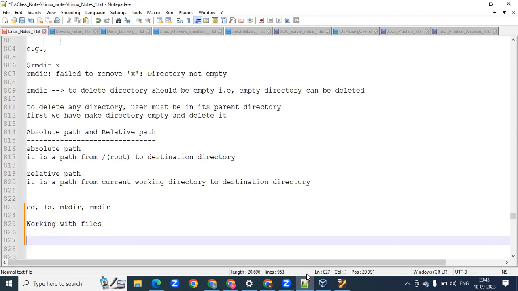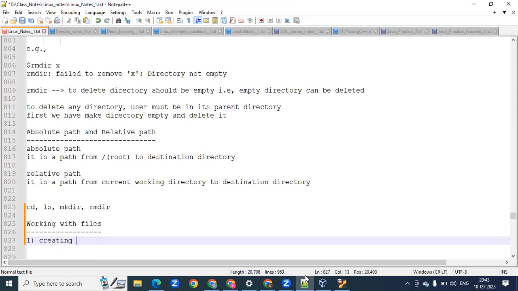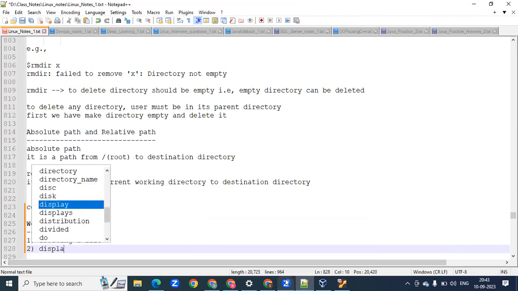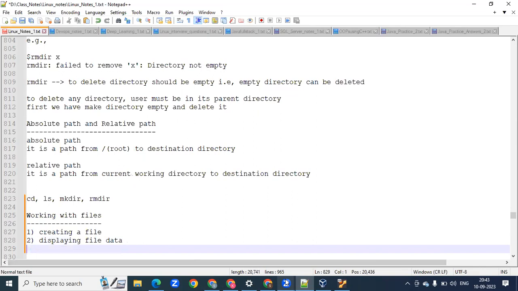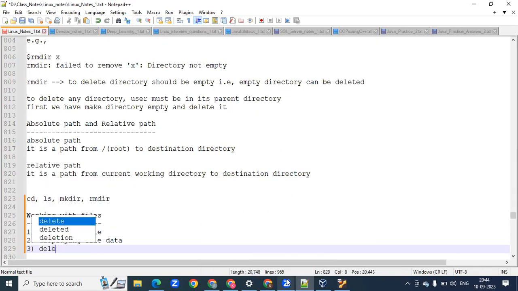What are the things we are going to work with in files? Creating a file. Next, displaying the content we have in a file, the file data, and next deleting files,